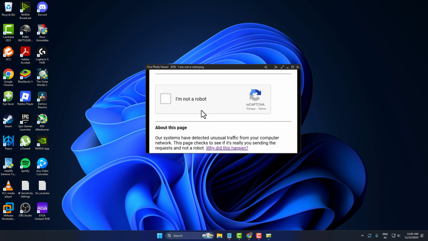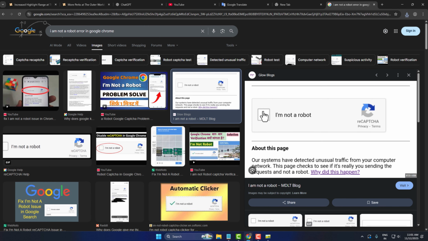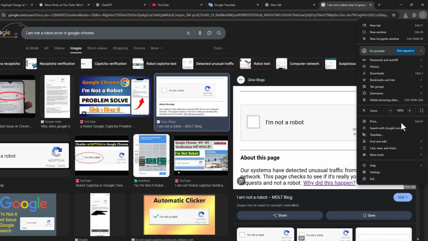Hi everyone, today I'll show you how to fix the I'm not a robot or CAPTCHA error in Google Chrome. These fixes are taken from real Reddit threads where users got CAPTCHA to work again. Let's dive in, guys. First step, you just need to open up Chrome and select the three dot icon and select